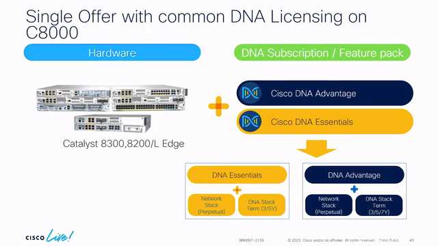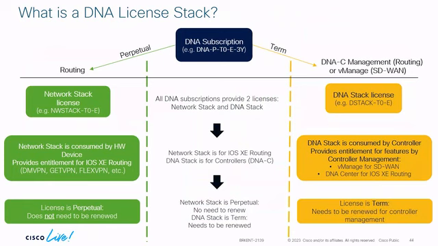Then for each of those licenses, you will be getting a license from us for that router, and each license has two stacks: one DNA stack and one network stack that you will then have at your disposal in the smart account. What do you do with that? Well, those stacks are really two things. The network stack is for traditional, normal, good old routing. That stack will be sitting on your router, consumed by the router itself, the hardware itself,